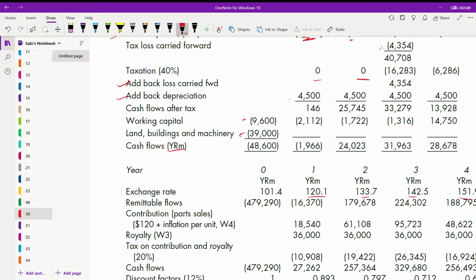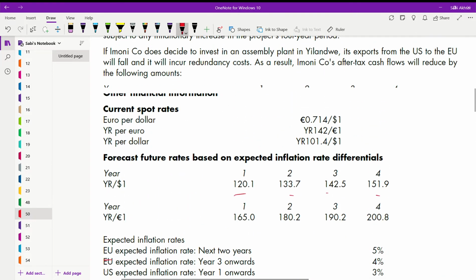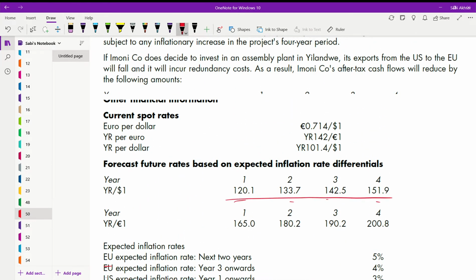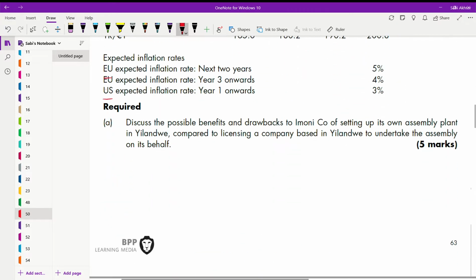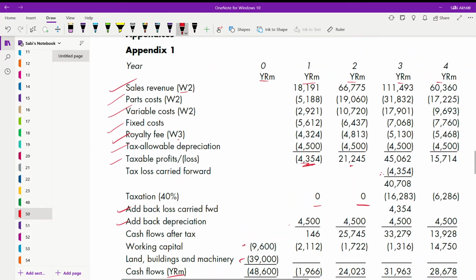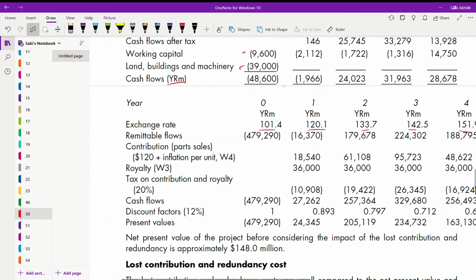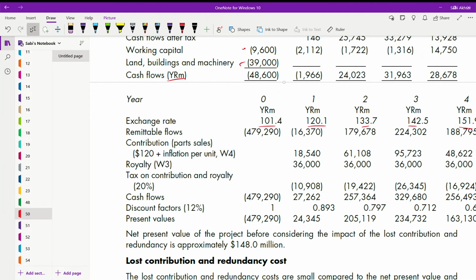But the current, if you see 120.1, so they have used this line. What about year 0? How did they get that? It's from here, 101.4. Current spot rate means for year 0. So using it, convert to dollars. Once you convert to dollars,